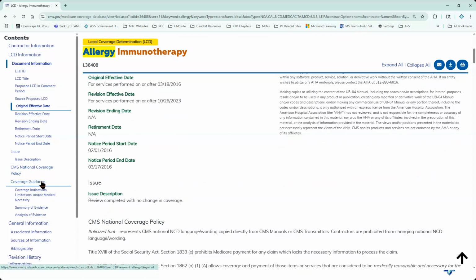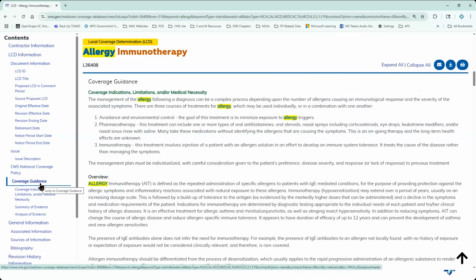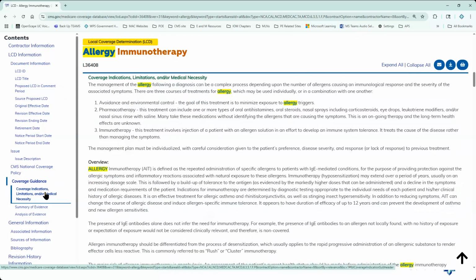Once you're in here, you're probably going to spend a lot of time in coverage guidance, and that's where I'm jumping down a little bit. Here, it's going to talk through the LCD or the NCD. It's going to give you base information. It's going to include any coverage indications, any limitations, or medical necessity information that's included in the NCD. And again, as I mentioned, not all benefits or coverage policies are going to have an LCD or an NCD,